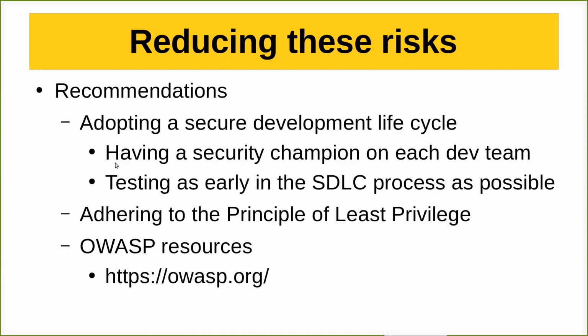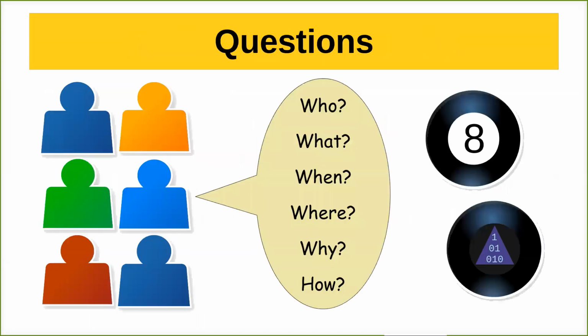Then QA doesn't have to kick it back to them. They have to work on it, it has to go through revalidation, all that stuff. So the quicker you can put this stuff into the software development lifecycle, the better. Also, just adhering to the principle of least privilege. That's been a big problem with a lot of these things we've seen: too much access, and not restricting that. And finally, OWASP has a ton of resources: what these vulnerabilities are, how to test them, and how to fix them. There's just so much great stuff on OWASP's website that really merits visiting.